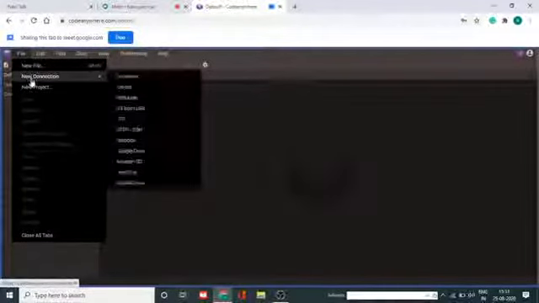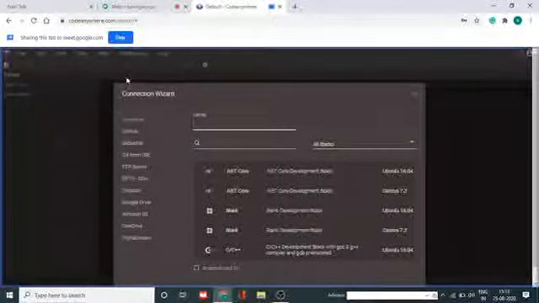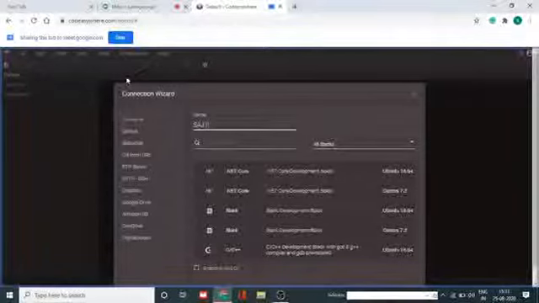On clicking on file, I will click on new connection, and in new connection you have to go to container. So a container is being given to the user. Here you have to write down a name, let it be anything, saj1 for example.